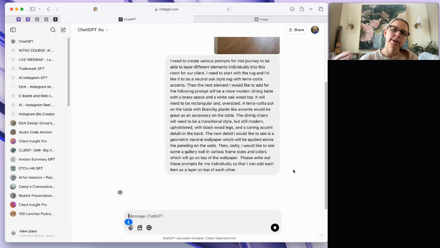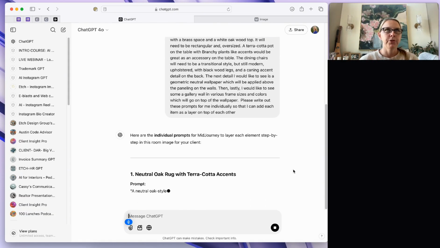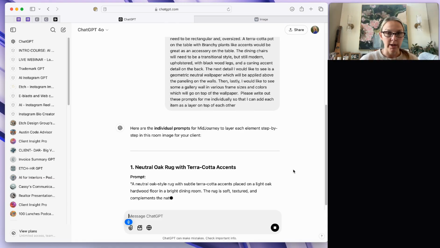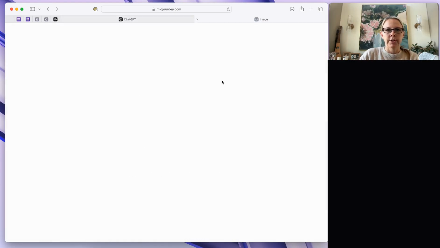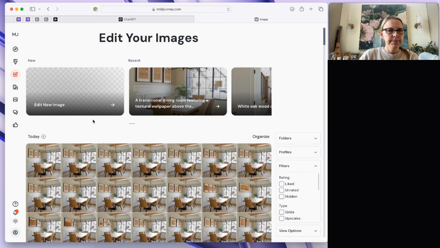All right, so what we're going to do is submit this, have it write out these prompts individually. If you do all of this together as one and you just highlight the whole area in Midjourney, it's not going to understand this. So what you have to do is layer each element individually and then just add each thing as you go. So we're going to start with the rug, and we're going to go over here to Midjourney,